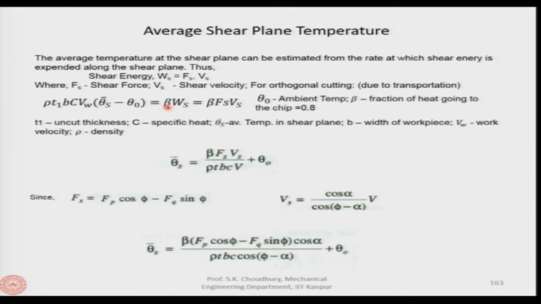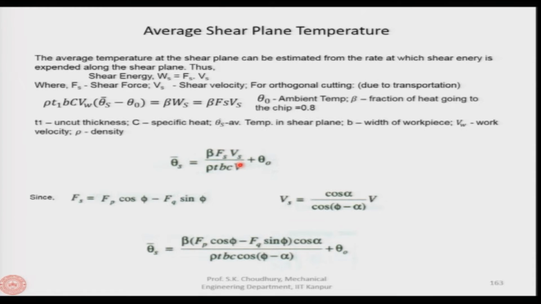This is the equation we have from thermal engineering, and 80% of that heat, or some coefficient, is the fraction of heat going to the chip, which is about 80%. So, the coefficient is 0.8 and this is the energy which is equal to Fs into Vs. From this equation we can find out the value of the average shear plane temperature,